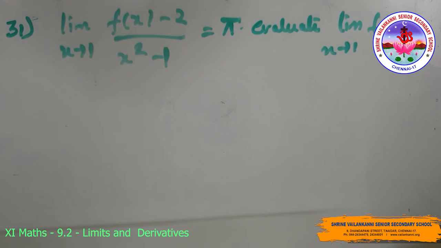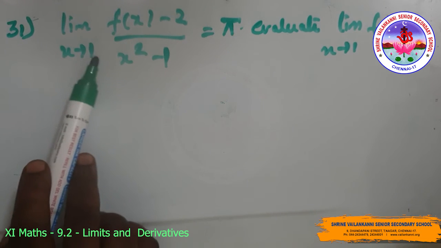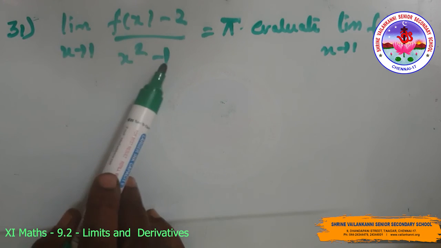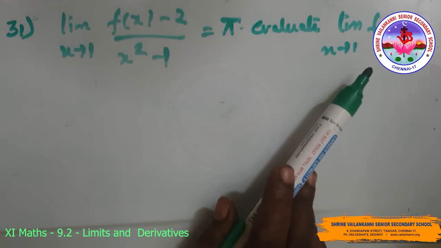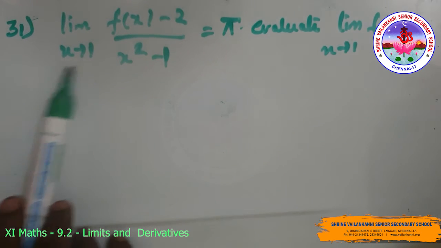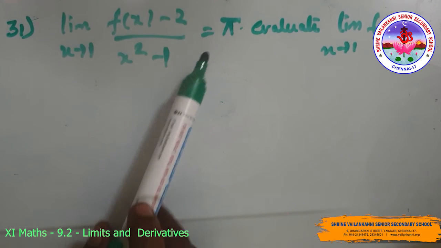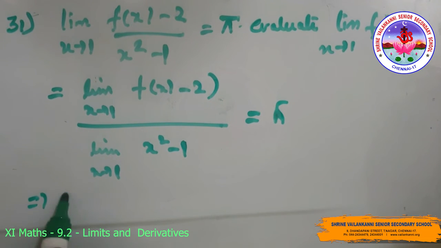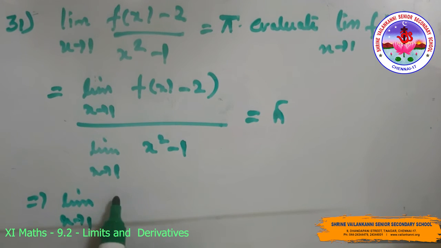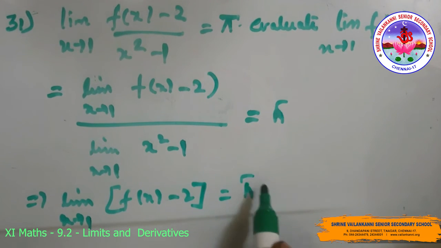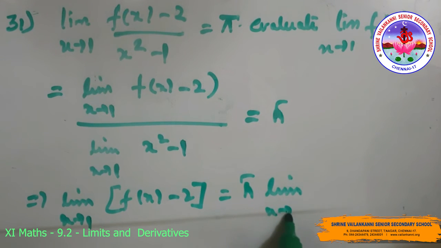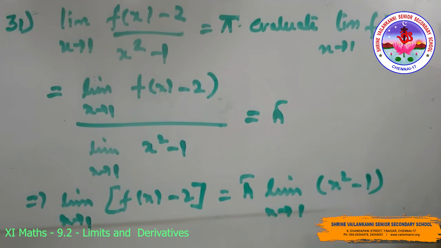Question number 31. If the function f of x satisfies limit x tends to 1 of (f of x minus 2) by (x square minus 1) which is equal to pi, evaluate limit x tends to 1 f of x. So this limit is given as pi. Simplifying this, we get limit x tends to 1 of f of x minus 2 which is equal to pi into limit x tends to 1 of x square minus 1,